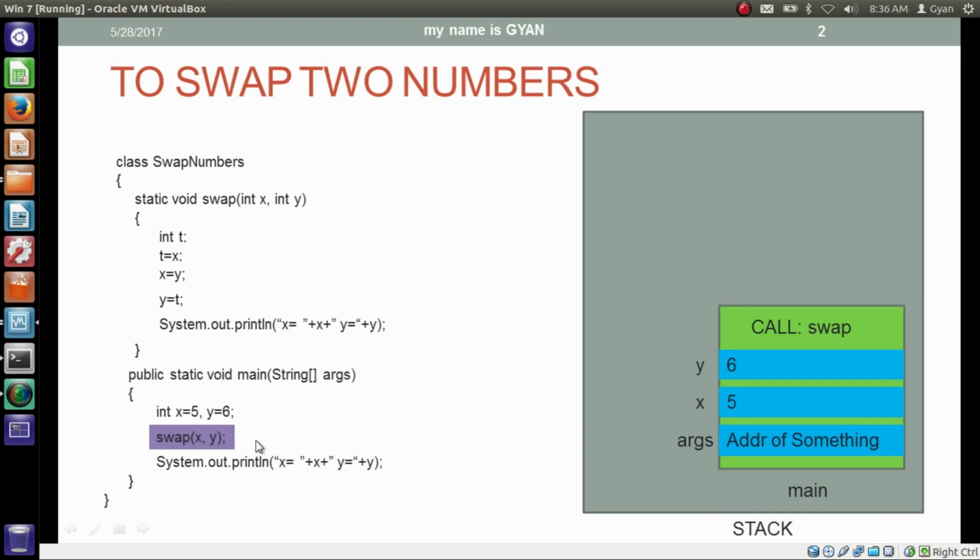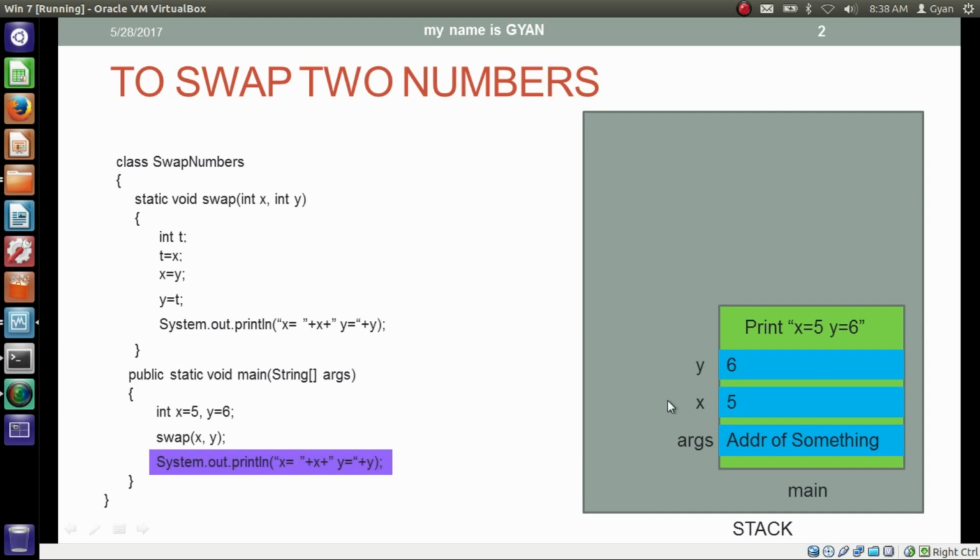The next statement in the main is printing value of x and value of y. And the method main is printing value of local x and value of local y. There is no change in the value of local x and value of local y of main. The method swap has changed the value of its local x and its local y, but the values of local x and local y of main did not get affected because of method call swap.